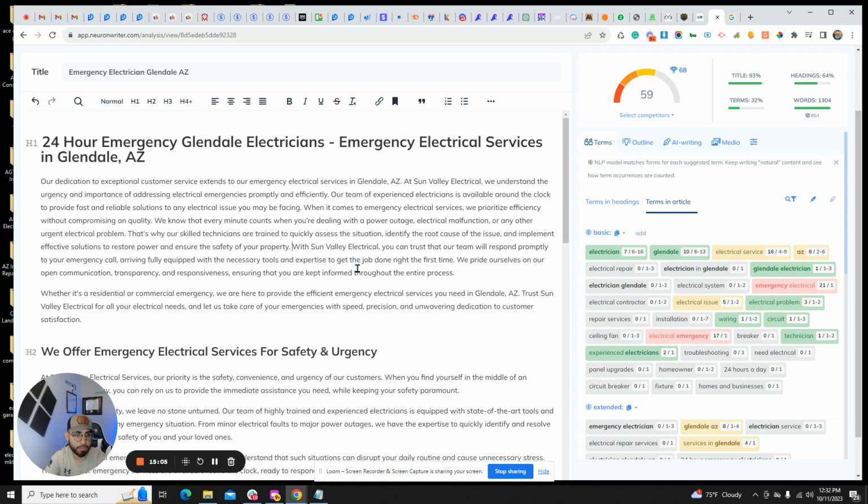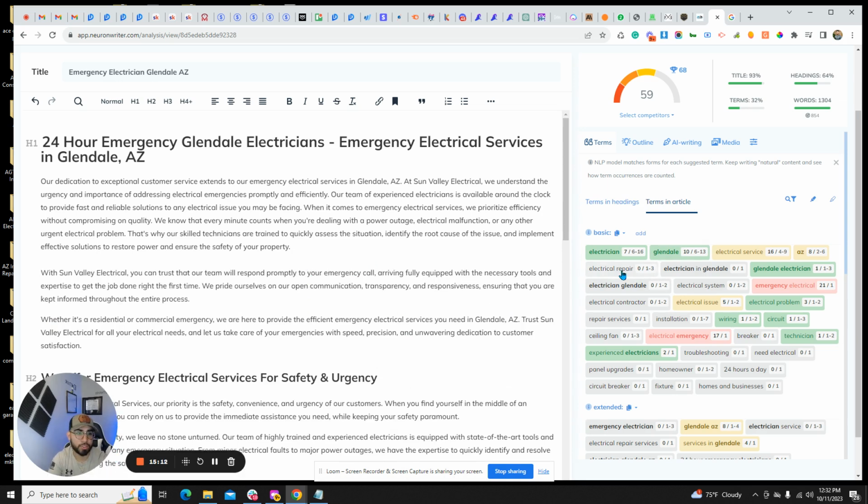Okay, so now let's take a look. What can we add in here? Electrical repair, electrical system. Okay, effective. So I'm going to add effective electrical system solutions, and that should take care of this one right here. Electrical contractor. So that's actually a good one. So with Sun Valley Electrical, you can trust